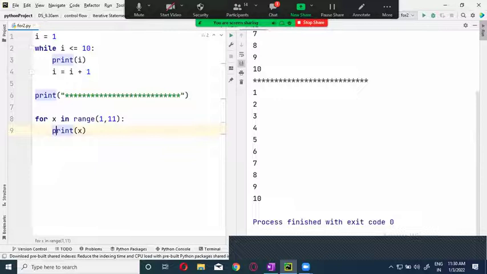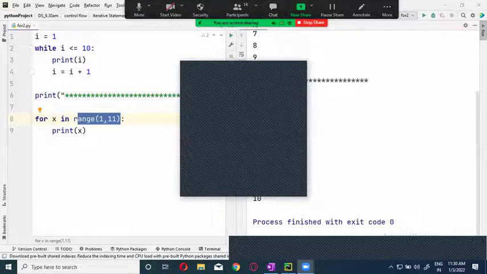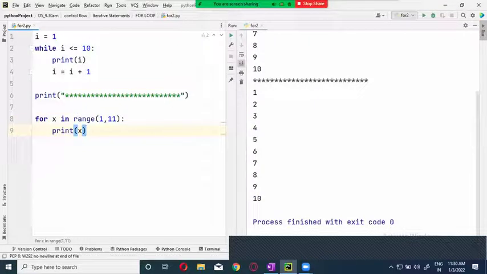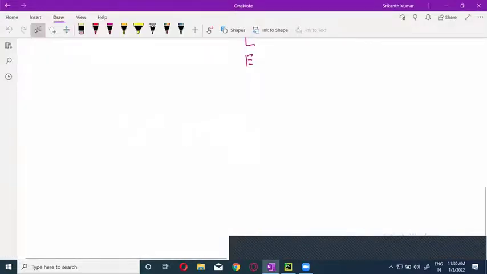Now, what is the nature of the range function? Range is very much similar to slicing, if you know slicing. If I want to do it with a range, it will take 3 values. One is the start value,